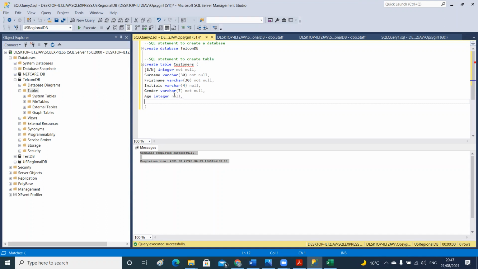So lastly, I want to have the address. Because address is a keyword in the database, and I want to use the column name as address, I can specify it in block brackets. I can have address as varchar 50. So we are just going to stop. You can have thousands of columns in a table, depending on the kind of information you want to store. So once I have defined my table name and my columns and types and all that, I can simply